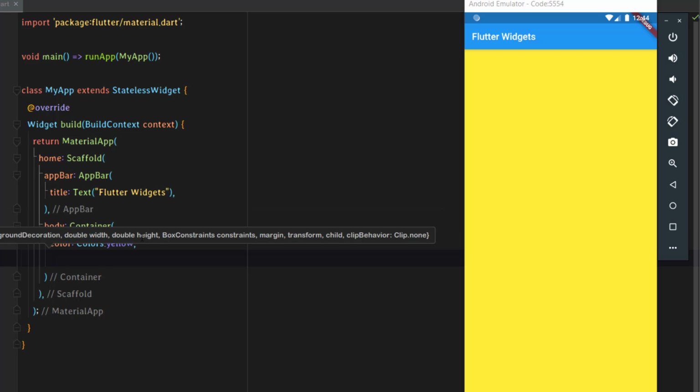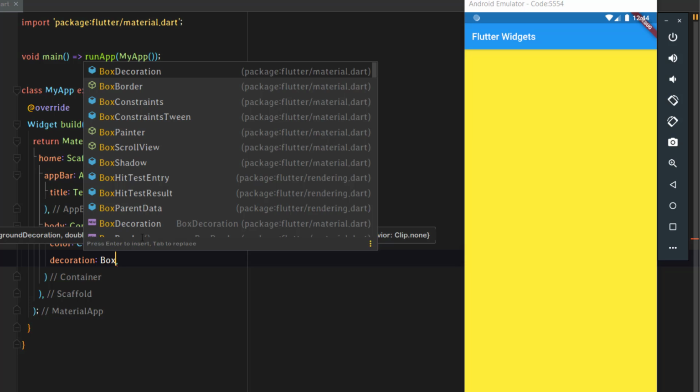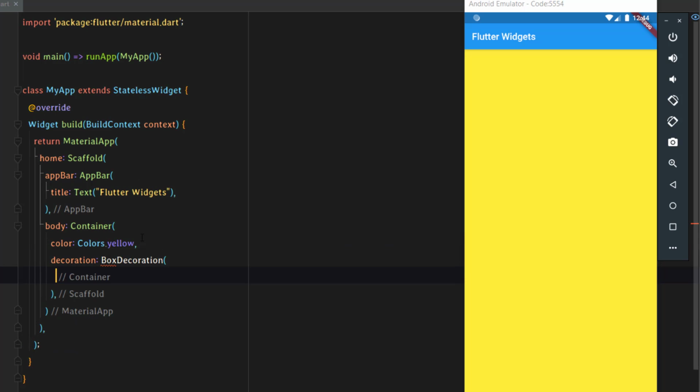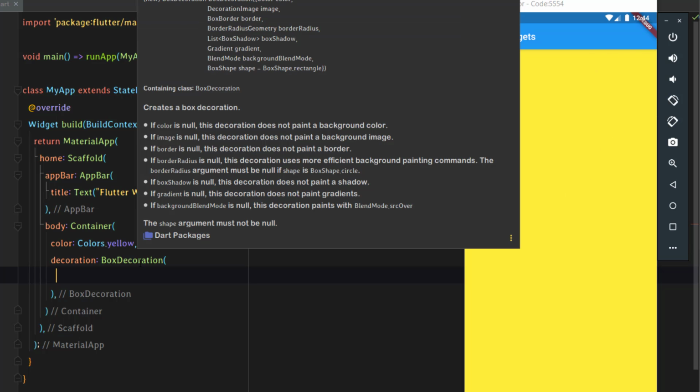To do that, we just need to add this parameter decoration and add this class BoxDecoration under this parameter. What we can do under this BoxDecoration class is add the radius to it. We can do many more things like adding a box shadow, adding a border, we can add an image, we can add color, we can even add the background blend mode.